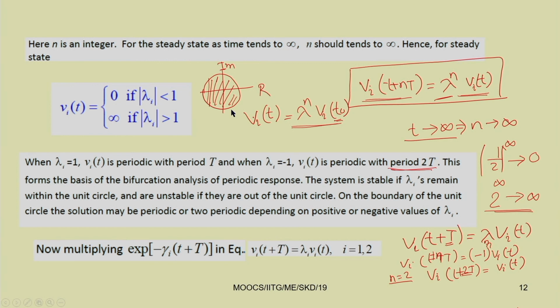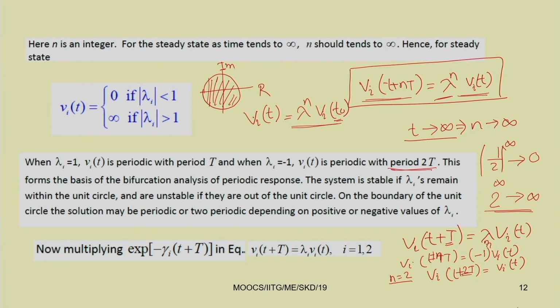Actually, this λ equal to 1 forms the transition curve, from stable to unstable region. Later we will see the roots, or the λ, that are roots of the monodromy matrix. If they are coming out of this region, either it can come through this point, or it can come as a complex conjugate. Depending on these things, we will have different bifurcations, and those bifurcations we will study in the next few classes.